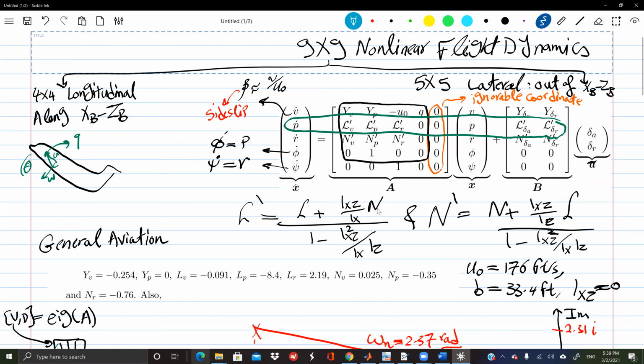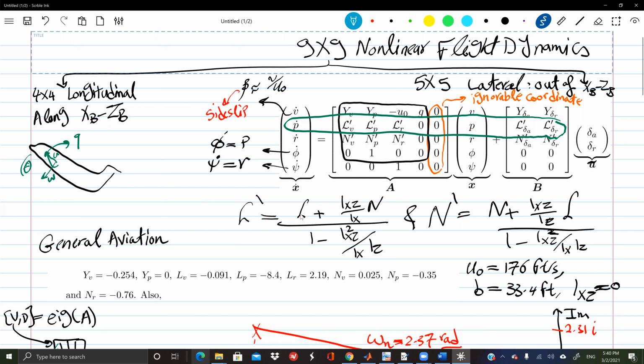Yeah, we were just saying that P is the roll rate, so P dot is the roll acceleration. So the roll acceleration is simply equal to what? To the rolling moment divided by moment of inertia. So what should come here is the rolling moment divided by moment of inertia. So L dash is the effective rolling moment, N dash is the effective yaw moment. Sometimes the effective roll moment